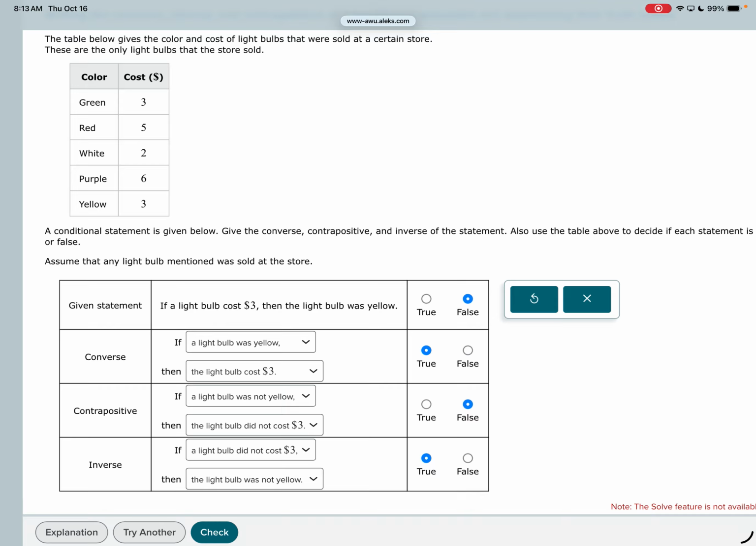So you use that information there, and basically, since the green and yellow light bulbs cost the same amount, it creates this. In the inverse, if a light bulb did not cost $3 and the light bulb was not yellow, that would be true because if it didn't cost $3, it's either $5, $2, or $6, so it's got to be red, white, or purple, right? I went blank there for just a second, but